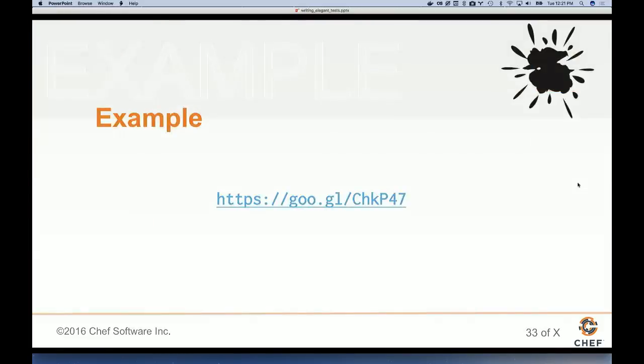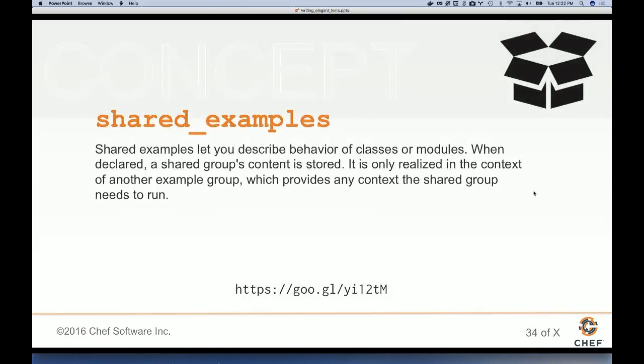Let's just review. Again, here is a link to a repository that you can look at, and you can touch the source code if you're interested. So that will give you the example repository that I'm working with as well. So shared examples let you describe behavior. It says here of classes and modules. The reason why it says that is because usually, when we're reading our spec documentation, our spec authors are thinking about, you know, Ruby classes and modules,